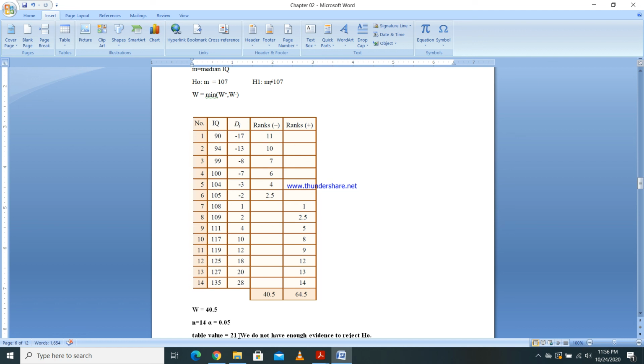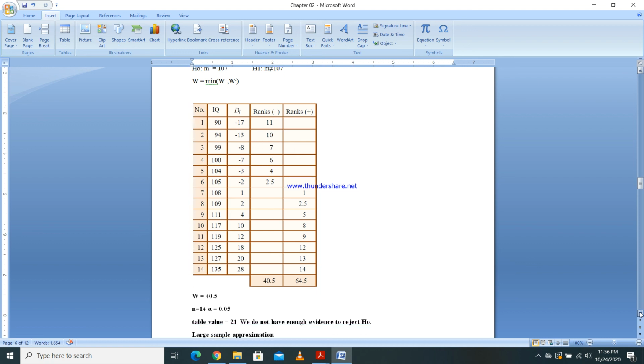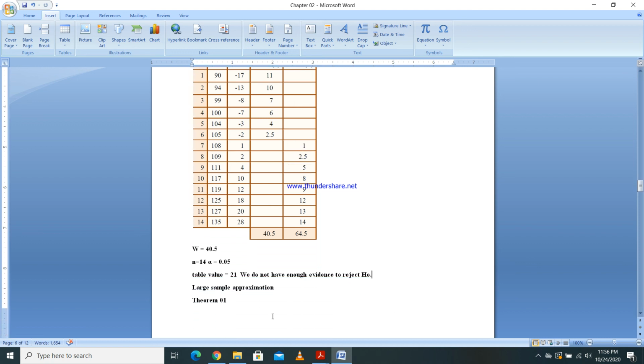The only thing we can say is we cannot say it's different from 107, right? So you have to write down the conclusions as well. Right, so that's how you can apply the one-sided test and the two-sided test using